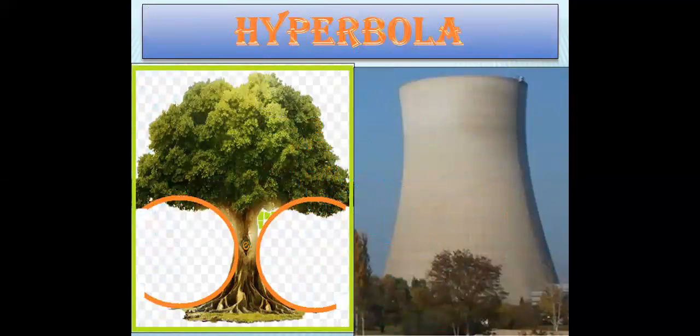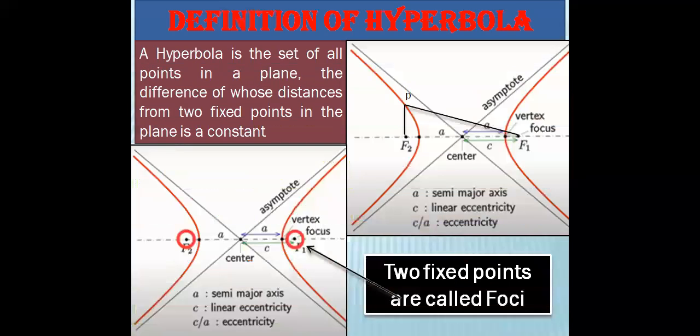Now introduce the concept of hyperbola, with such type of figures. These figures also create an impression in the mind of students. What type of figure is this? There are two curves. These two red curves represent the hyperbola, and the two fixed points F1 and F2 are the foci of the hyperbola, and P is any arbitrary point on the hyperbola, and this point P is such that the difference of the distances of point P from the two fixed points F1 and F2 always remains constant.